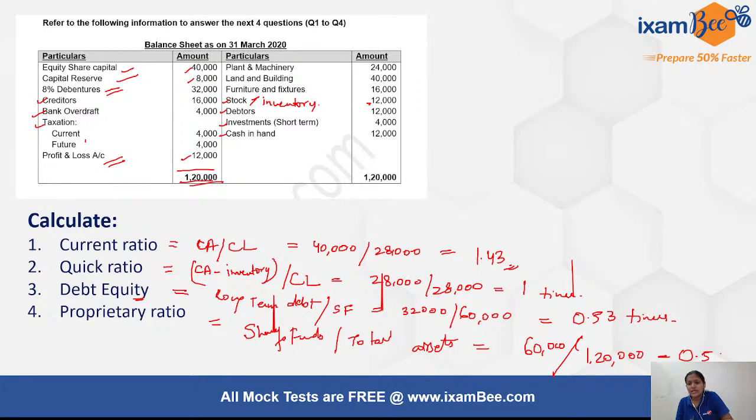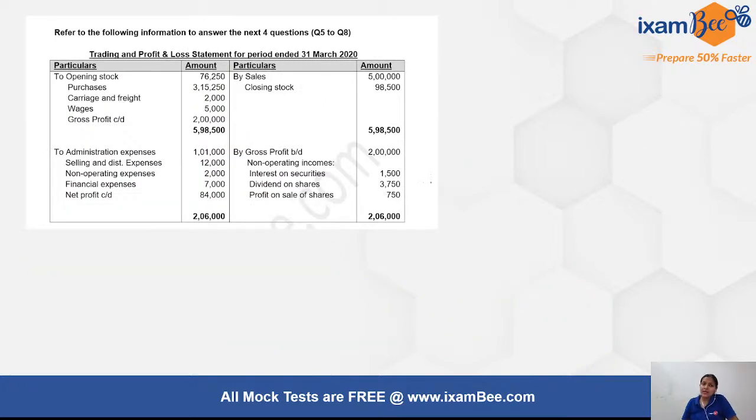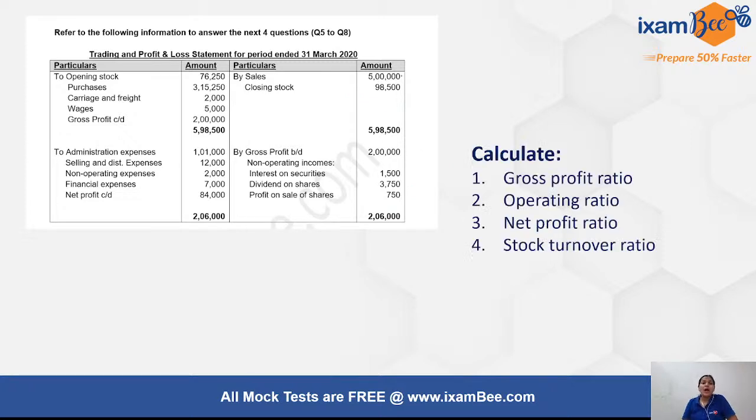Right, so these were the first 4 questions of 2 marks each that had come based on this data. There was a similar question with 4 ratios that had to be calculated based on information given in the trading and profit and loss statement of a company. So we were provided with the profit and loss statement of a company, and then we had to